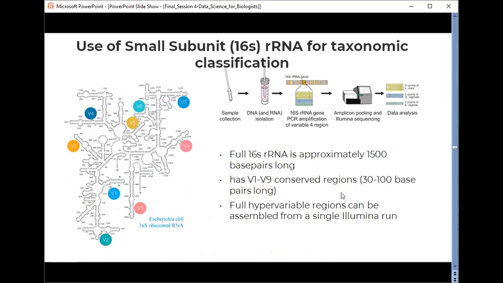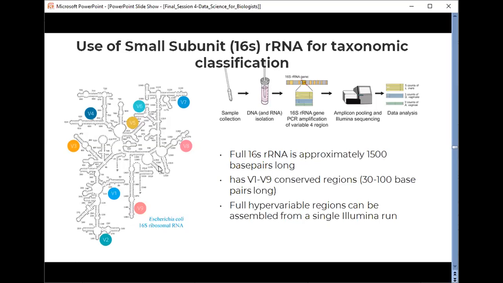So the bacterial 16S gene contains 9 hypervariable regions, from V1 to V9. These hypervariable regions are 30 to 100 base pairs long and are involved in secondary structure formation of the small ribosomal unit.